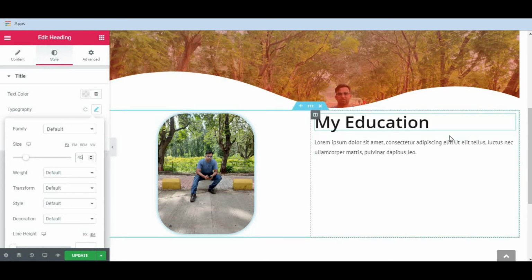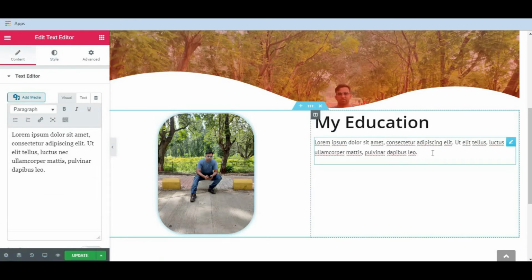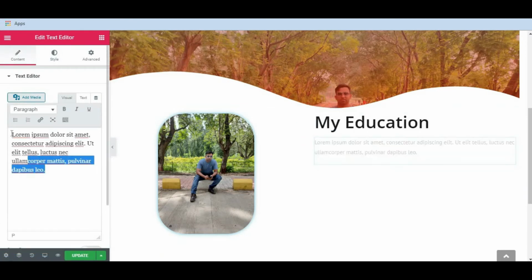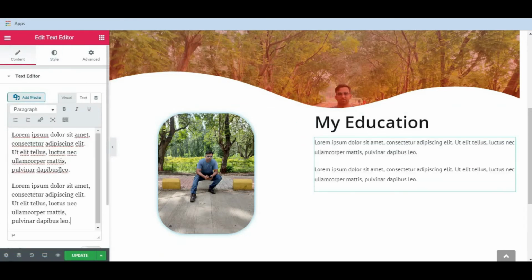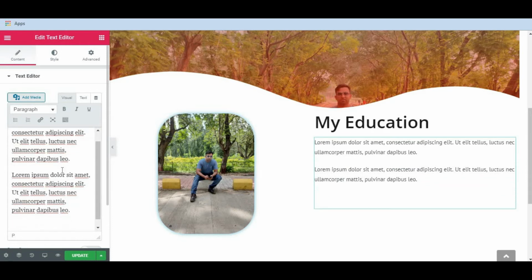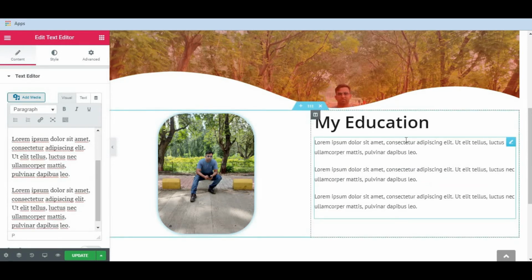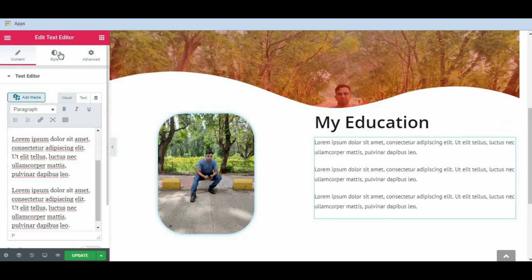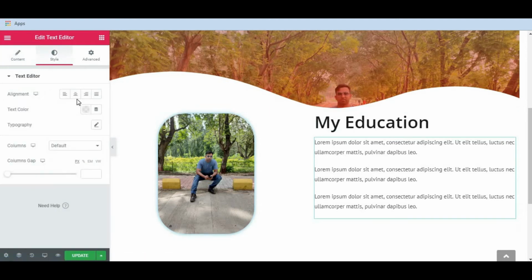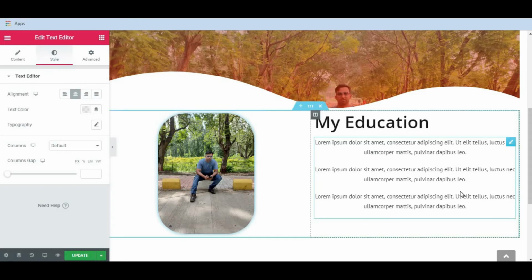Okay. So in the text editor, here you can write complete information about education. So I will just copy and paste. Okay, in this way you can write all information about your education. So I will go to the style, just select this text editor, go to the style, alignment center, from here center, left, right. I think left is much better, or maybe center.